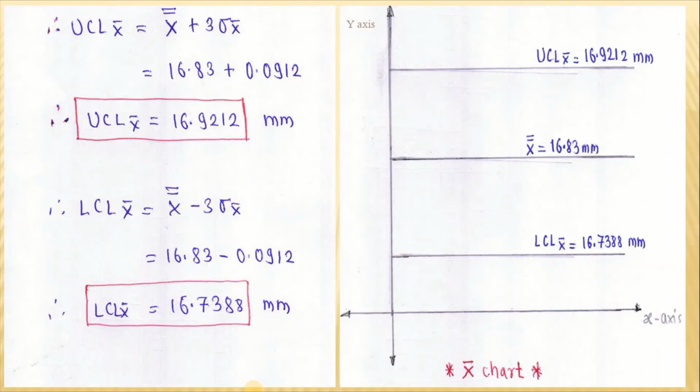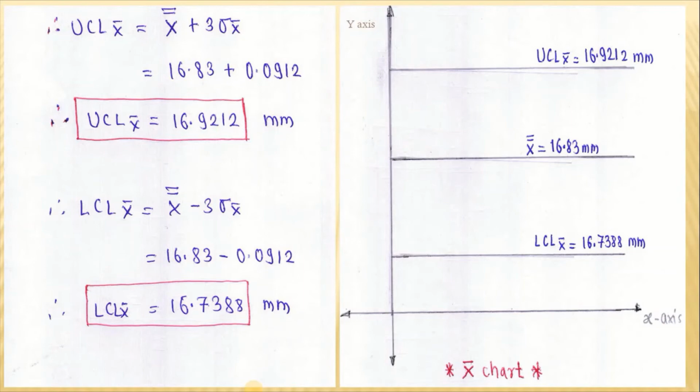Based on that we are getting the mean line, that is x double bar 16.83 mm, the upper control limit 16.9212 mm, and the lower control limit for the X bar 16.7388 mm. If the points fall in between these two limits, then we can say that based on the X bar chart the process is in statistical control. So whatever parts fall in between these two lines, the upper control limit and lower control limit,